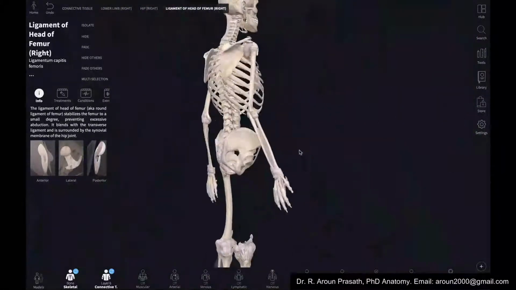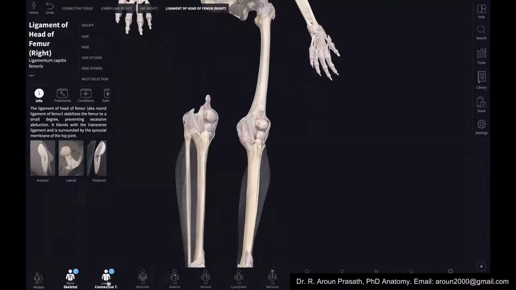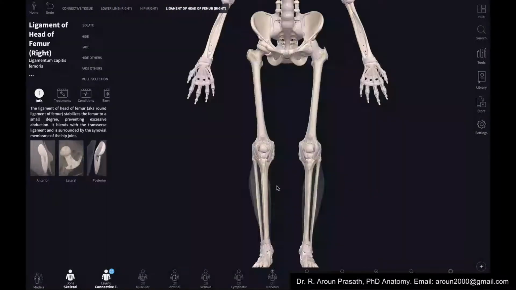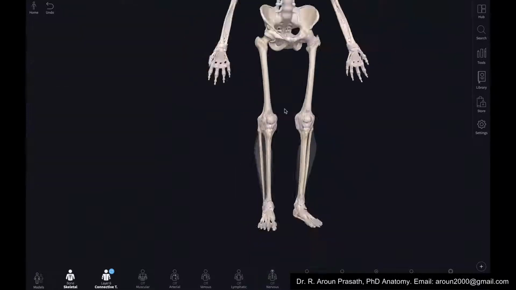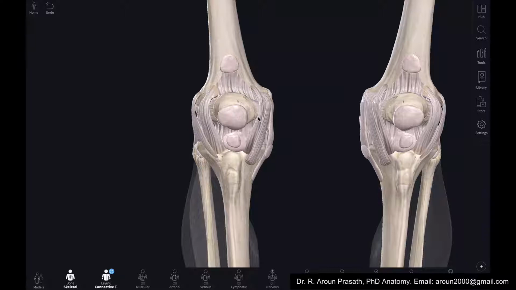Okay, so let's go to the next joint, that's the knee joint. Now you see, the knee is an example of a hinge joint. In the knee, the only movement taking place is flexion, and after completing the flexion, it leads to extension. The flexion is around 160 degrees, whereas extension is around 0 degrees.